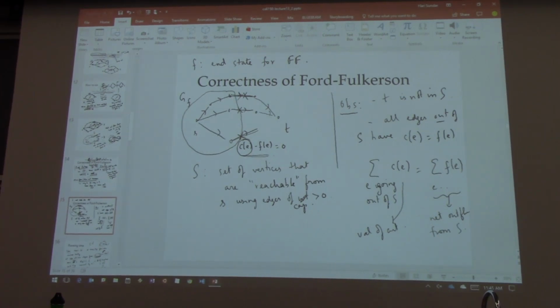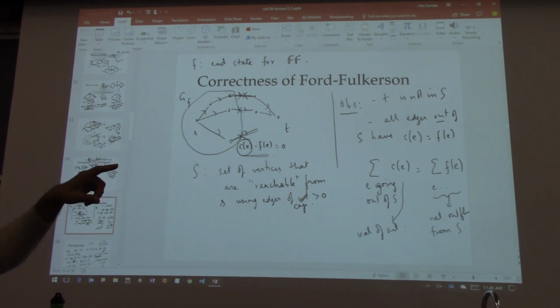Two questions. The first one is why the sum of the CE equals the value of the cut, and the second question is that since we can directly prove that the cut equals the max flow, why do we need to prove that the max flow will not be greater than the cut before? We can just prove that they are the same.